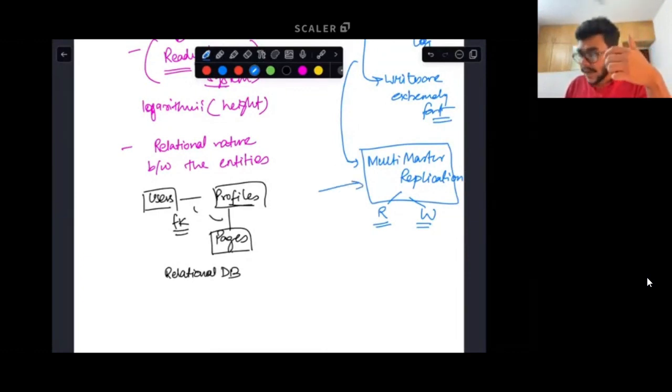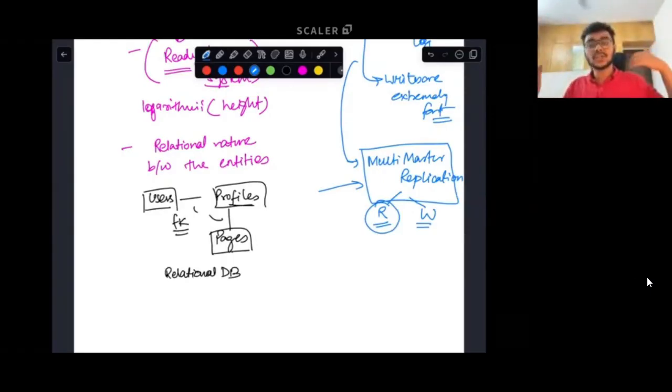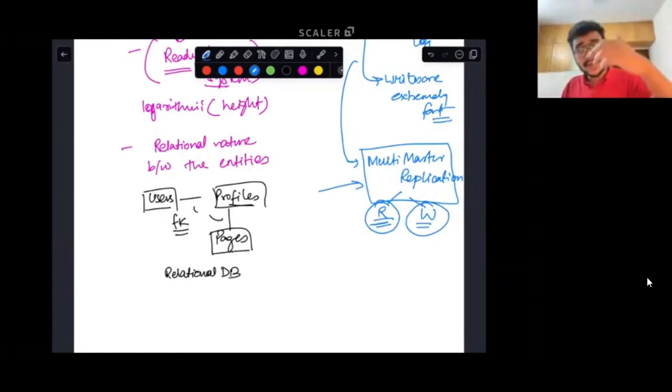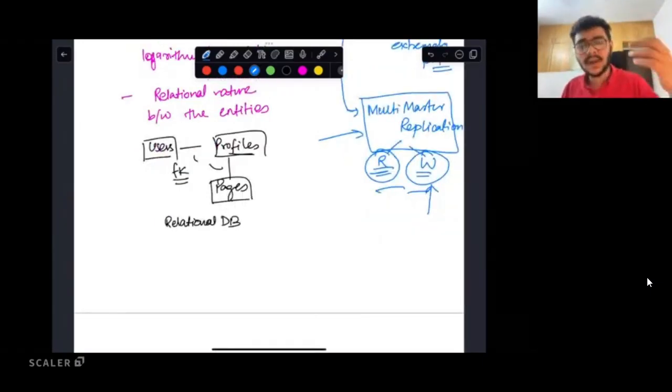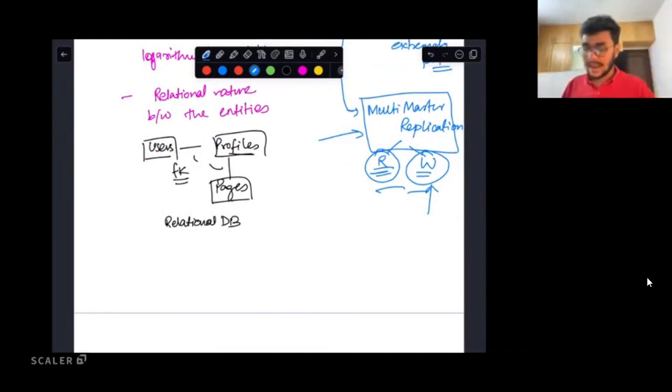Essentially, R means at least R machines from your replication factor number of shards should receive this read successfully in order for you to unblock your client. And W happens to be the same. When you're serving a write request, you have to write it to at least W nodes, W shards amongst your X, whatever is the replication factor, and only after that do you unblock your client, right? So with this, you can tune your database to be highly consistent, moderately consistent, or absolutely low consistent, any one of these things. Since it gives you a choice to make your system highly consistent, you can tune these parameters and make your system very consistent.